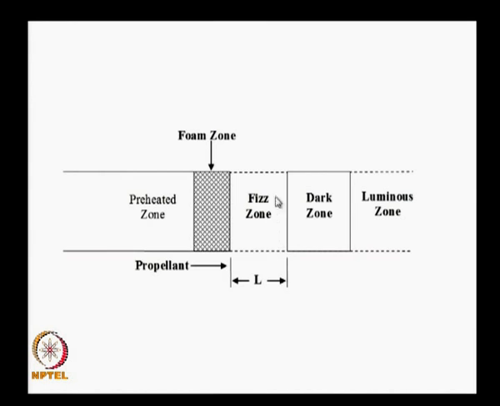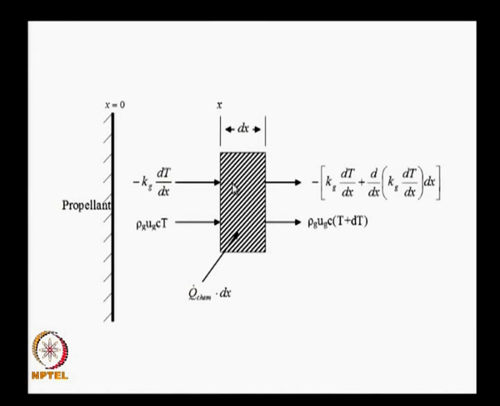We wrote the equations in this particular zone, and what did we write? We took a small element in the fizz zone, this was at x equal to 0, the fizz zone extended up to x equal to L. Mind you, the lengths of these zones are a fraction of a mm thick, we just extended it to be able to do all this. We had a small element here with unit surface area, and we said Qx enters,